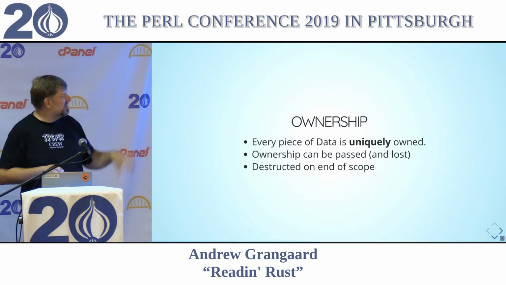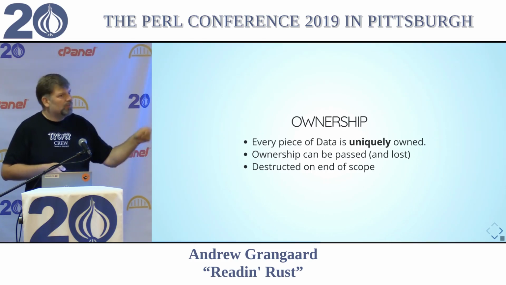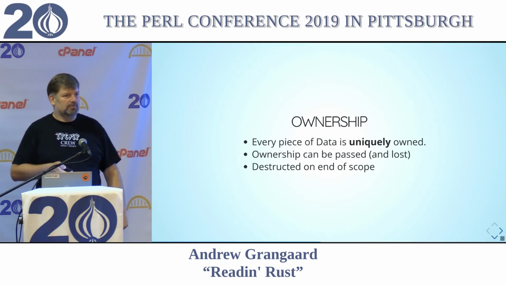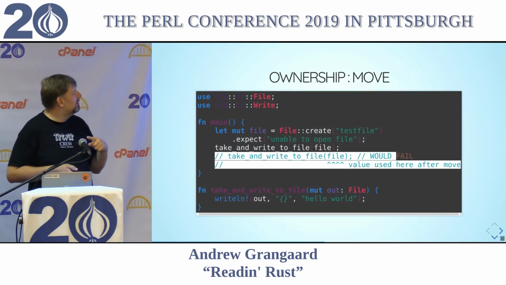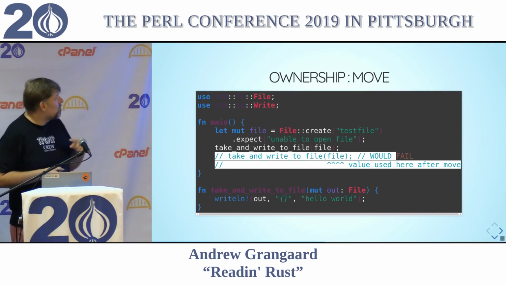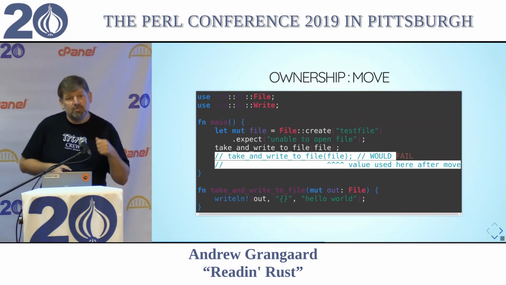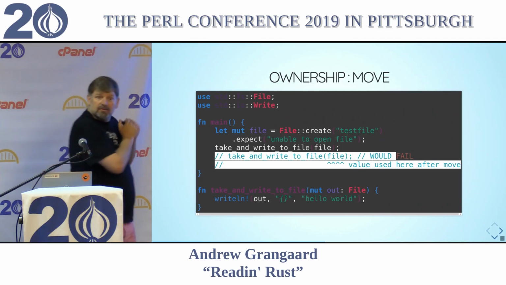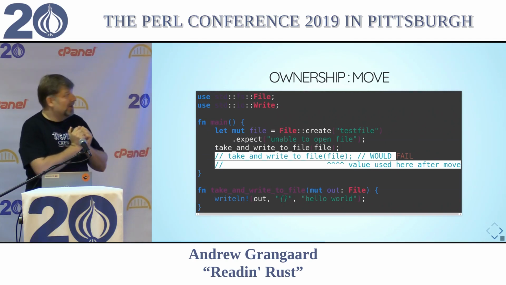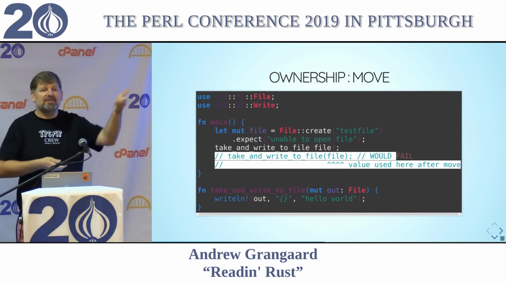And then that ownership is destructed at the end of scope, and with it, whatever it owned. So it's like a ref counter that counts to 1. The default ownership is move. So if you have a variable and you hand it to somebody, they say thank you, and it's theirs now. It's the book that you gave to someone.